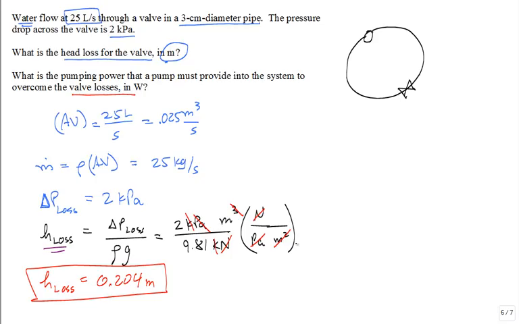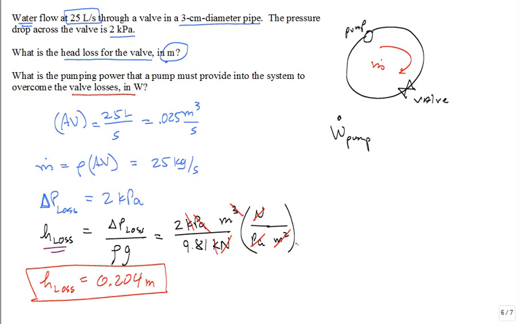So the pump has to put in enough mechanical power to overcome what the valve takes out as the fluid flows through it. M dot or rho AV. Okay, so what is the pumping power that the pump must provide? W dot pump